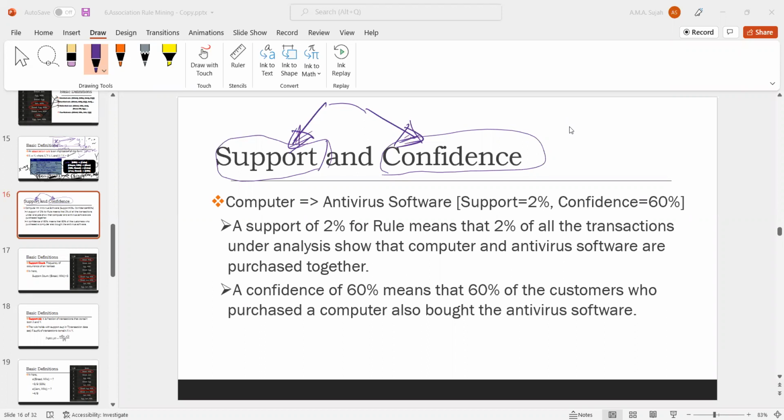If you think about support, say the support is 2%. In the questions they are saying their support is 2%. 2% means 2 out of 100. Am I correct? If you think about 100, only 2 people come in this category. If it is confidence, it means